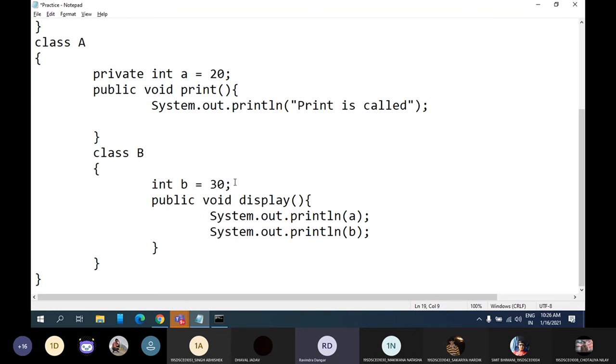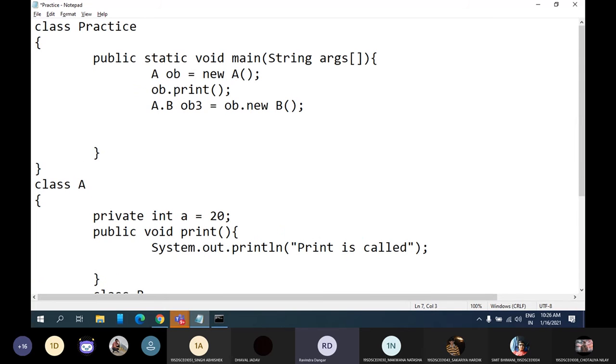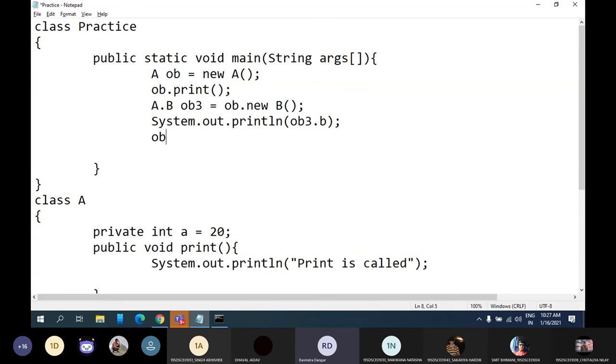If I want to access B, I can do it. If I want to access the display method, I can call it. So let me access both the things. If I want to print, let's say, the value of variable B, I can write ob3.b. Similarly, if I want to call that method, I can do ob3.display.